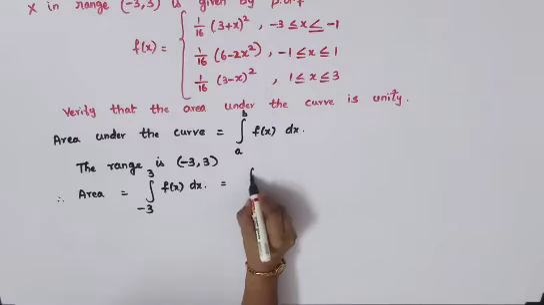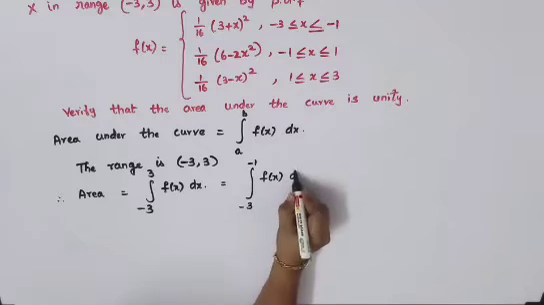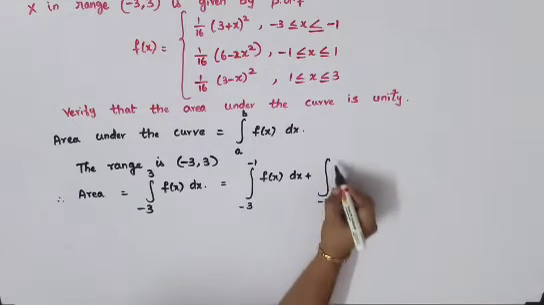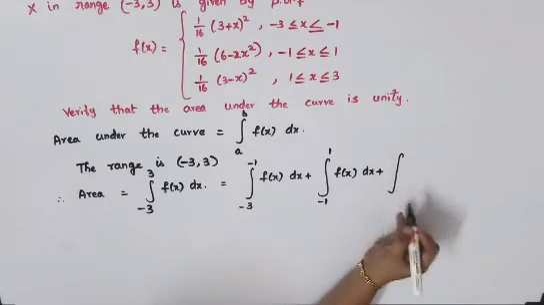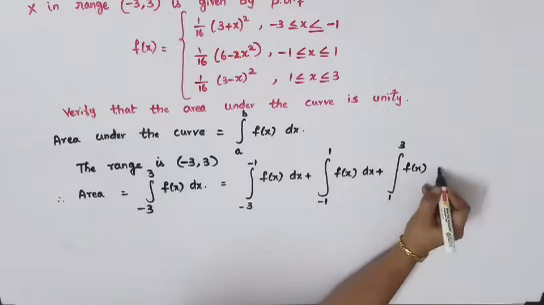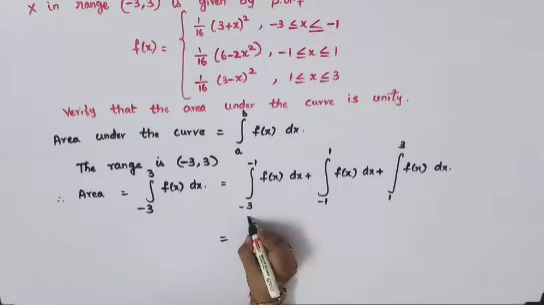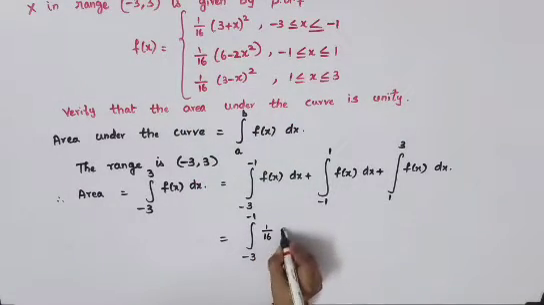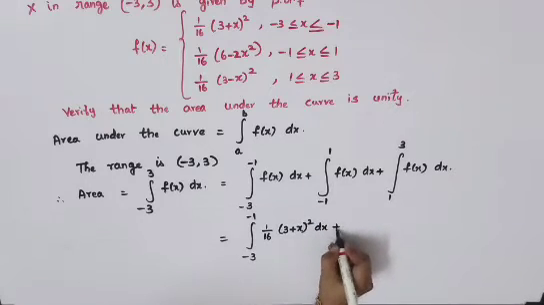Okay, so the first integral is from -3 to -1 f of x dx, plus the second integral is -1 to 1 f of x dx, plus your third integral is 1 to 3 f of x dx. So now replace your f of x here. It is -3 to -1. In that range, just see the function. Okay, so it is 1 by 16 into (3 plus x) the whole square into dx, plus the second integral